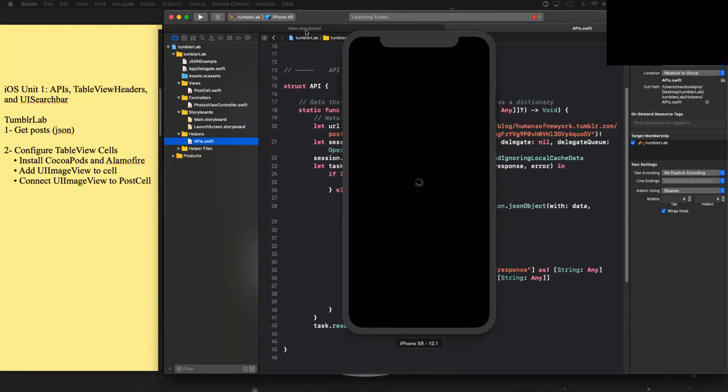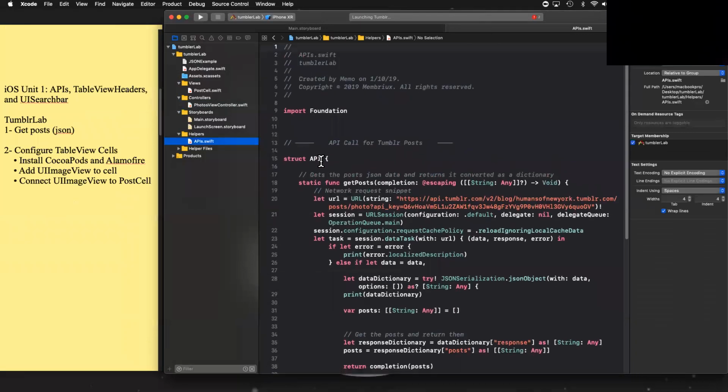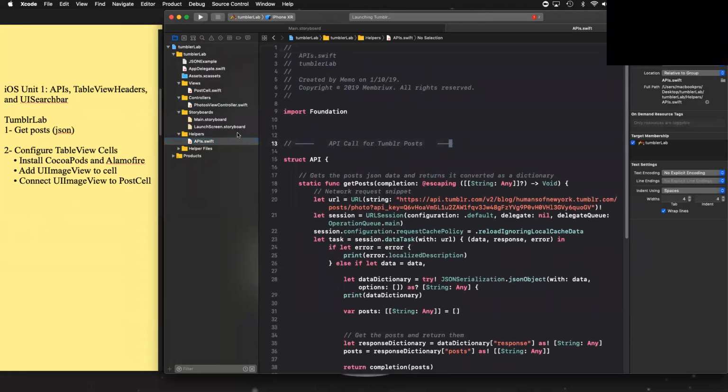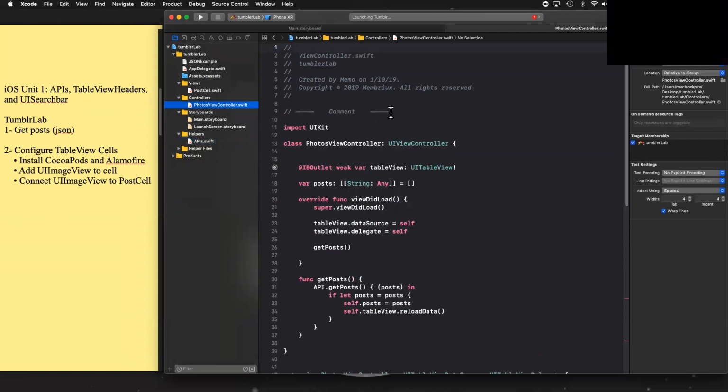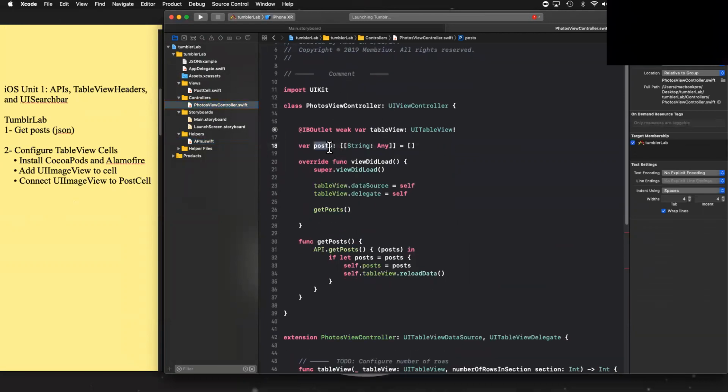So in the meantime, I'm gonna go ahead and keep explaining. So I have this API call for Tumblr post. And on your view controller, I already created the array for you. It's a variable post, and it shows all the posts containing a movie, a dictionary of a string, which in this case is gonna be the